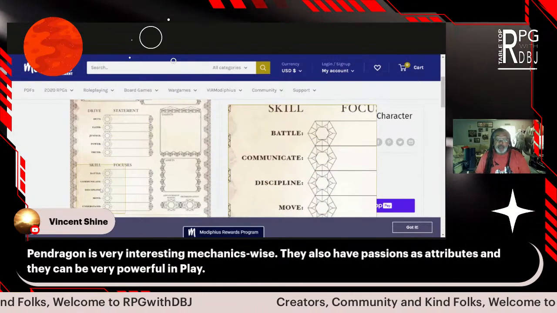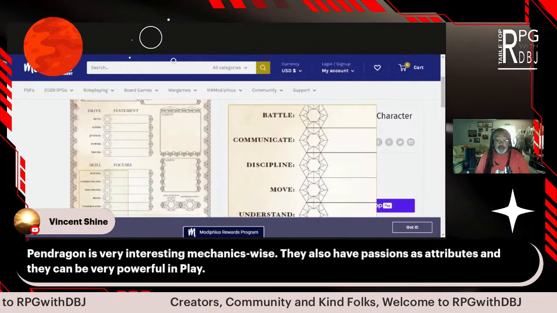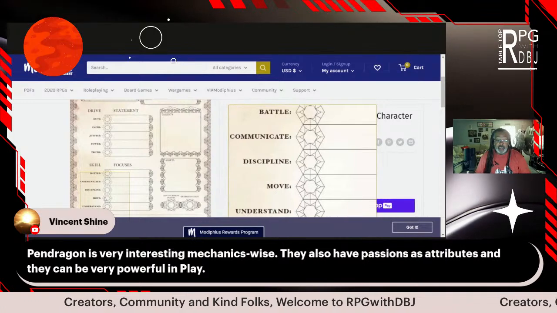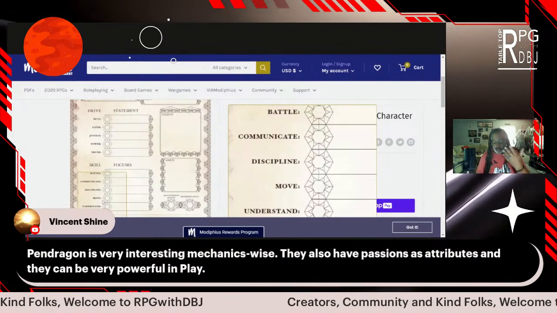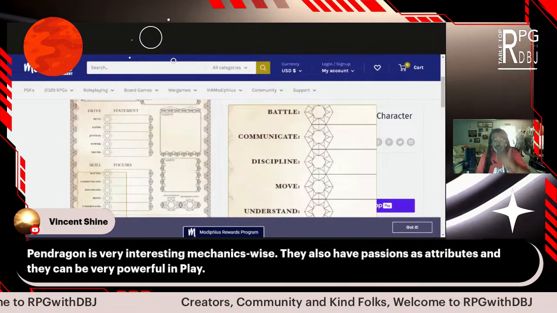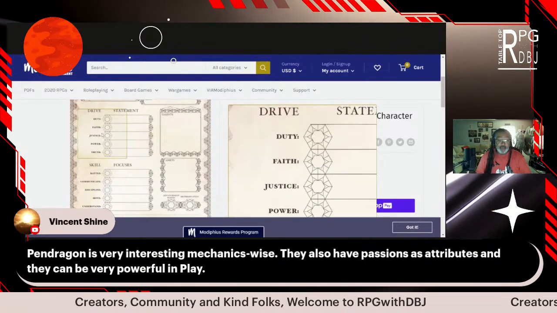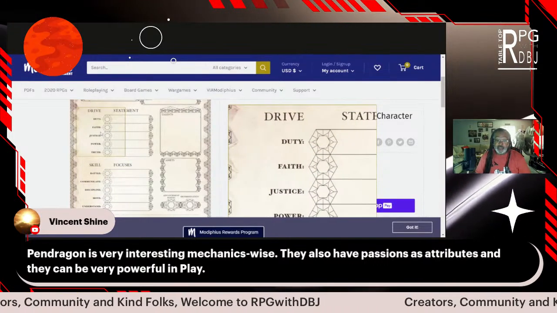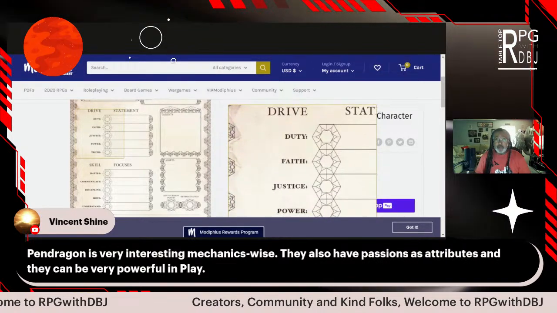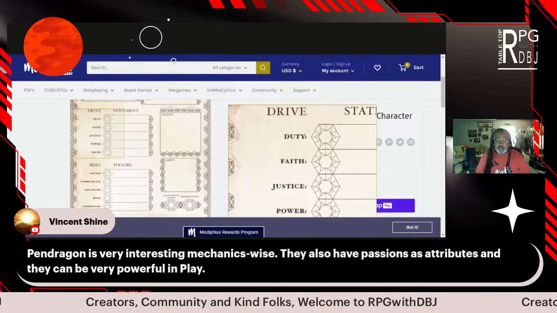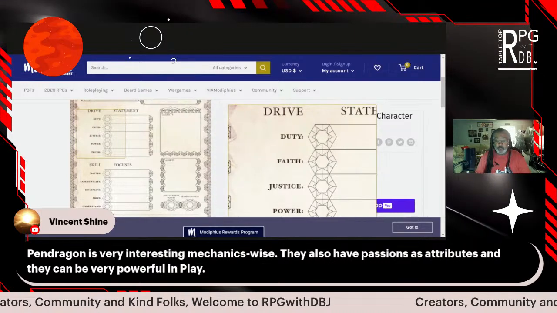It has skills like battle, communicate, discipline, move, understand, and that's cool, right? This is a version of the Dune RPG. But above that, you have a thing known as a drive, and so when you roll the dice, you add the number of your drive plus the skill to see if you're successful in what you do.